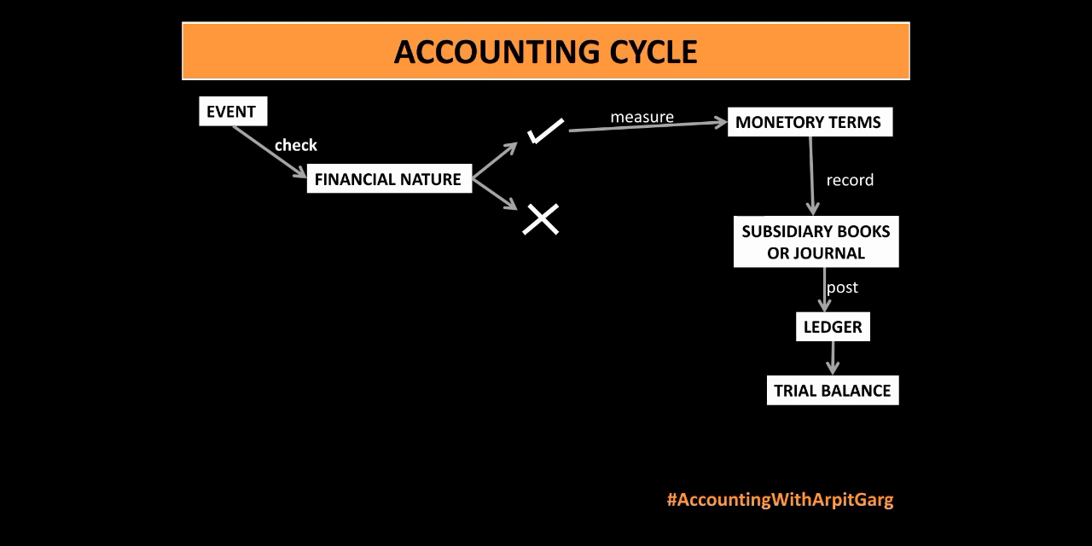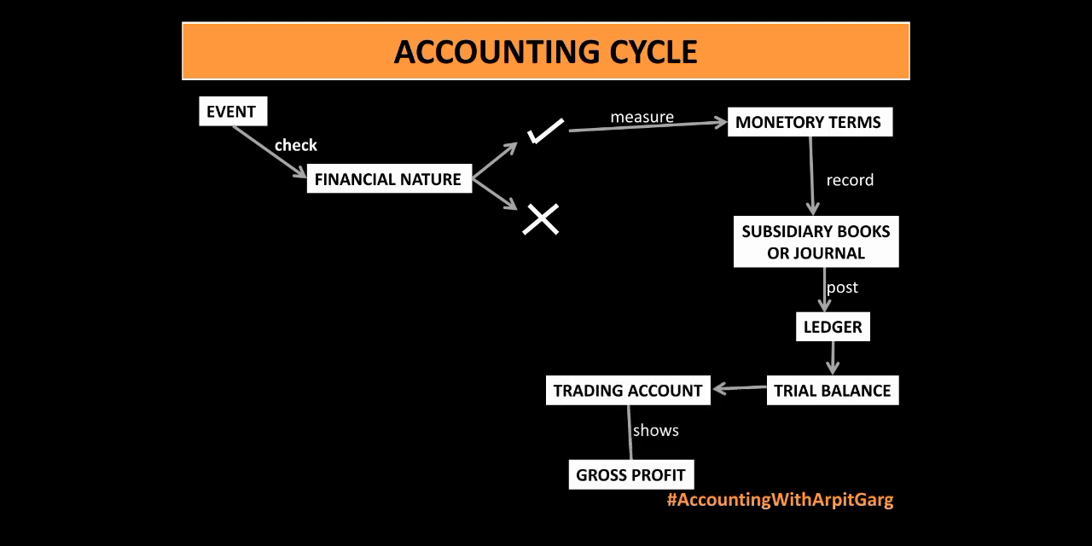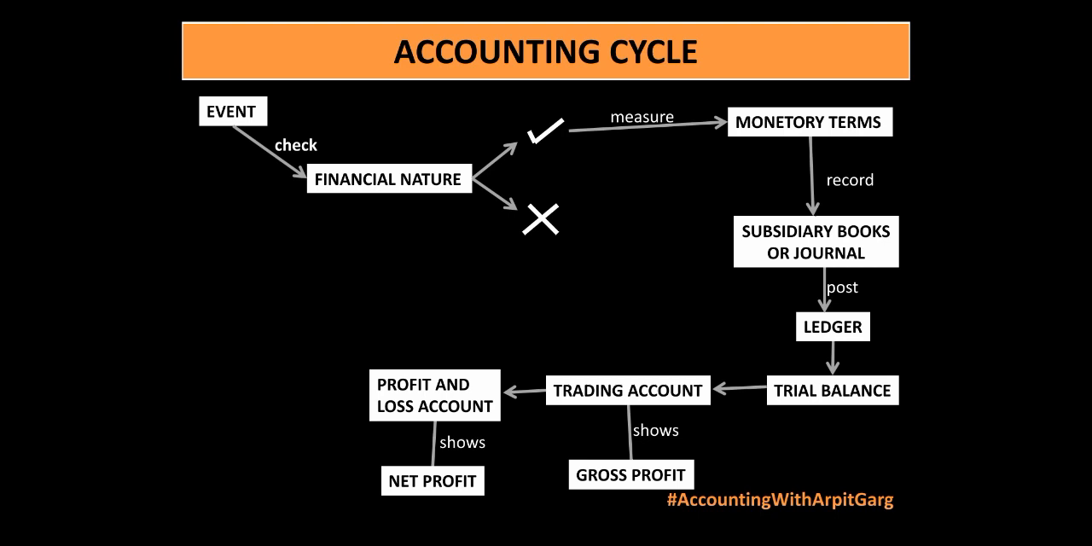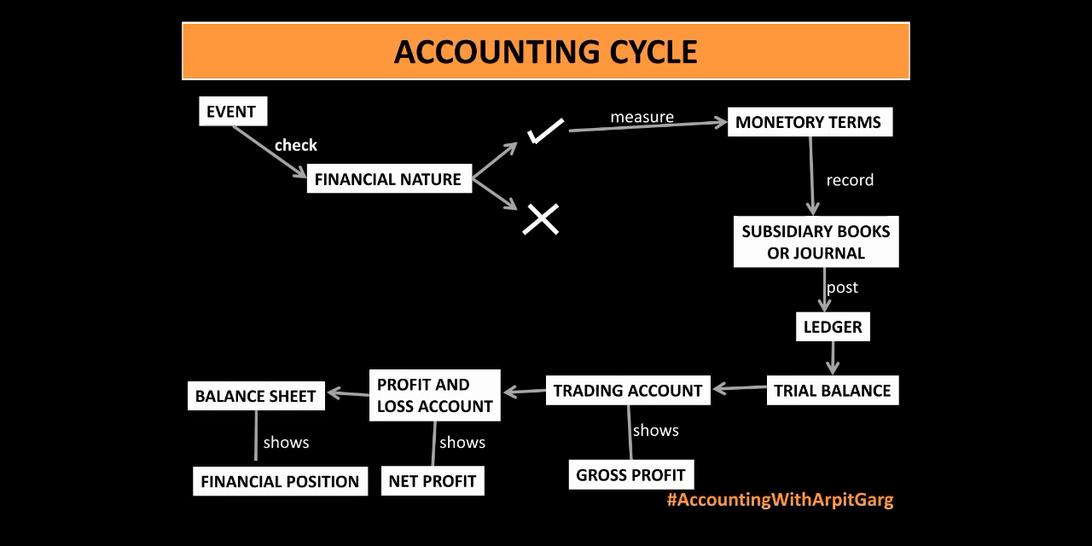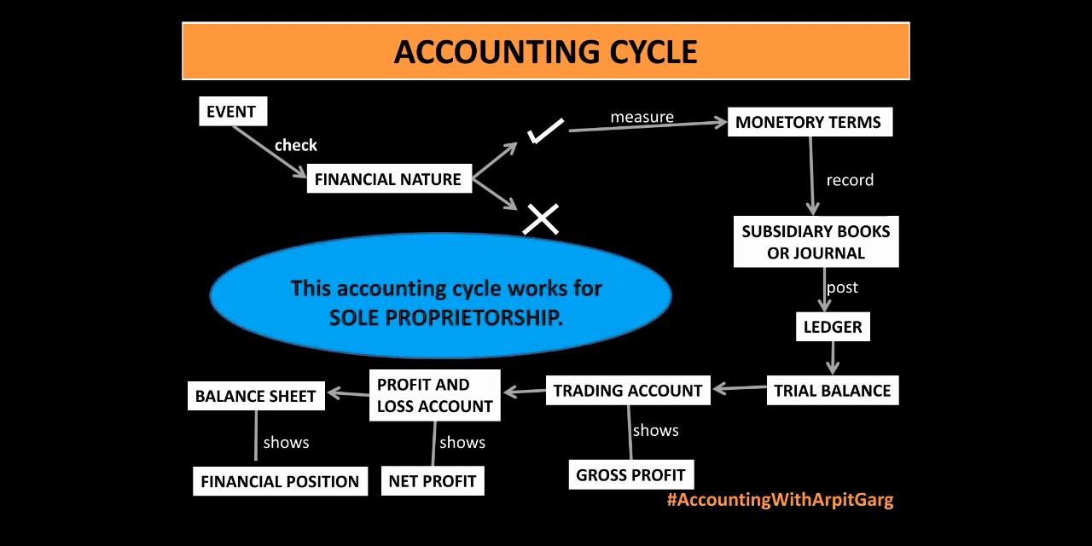Then we move towards our financial statements. So we prepare trading account, which gives us gross profit. Then we prepare profit and loss account to ascertain net profit. This net profit is then added to capital account and balance sheet is made, which tells us about our financial position. But this accounting cycle works for sole proprietorship only,